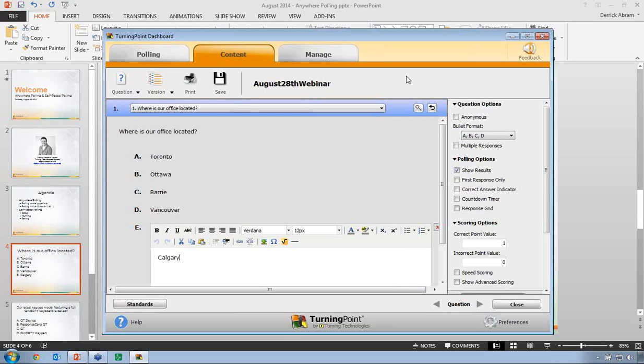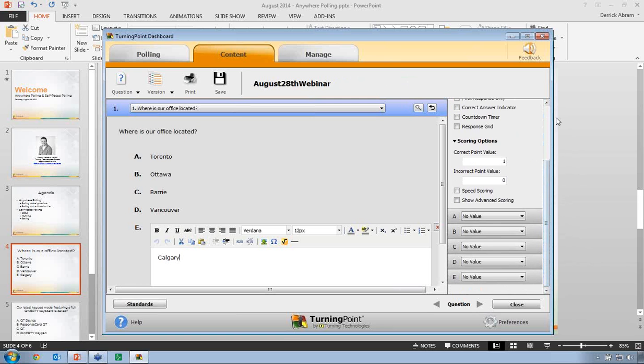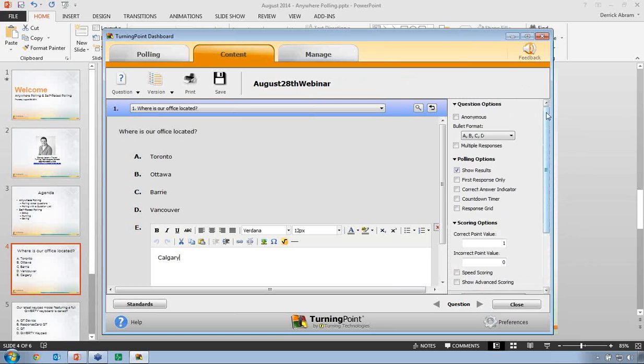Okay, just like in PowerPoint polling, you have the ability to create up to 10 answer choices for multiple choice. And you'll see here on the right-hand side, there is a settings panel that looks exactly like the settings panel that we saw when we were working within PowerPoint. So again, we've tried to keep everything as consistent as possible throughout all three polling environments. Same thing here.